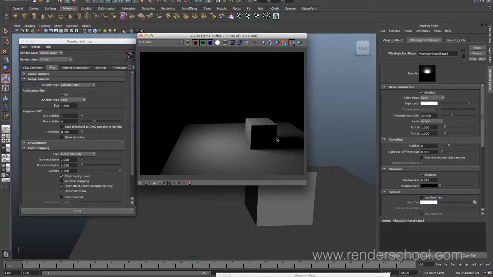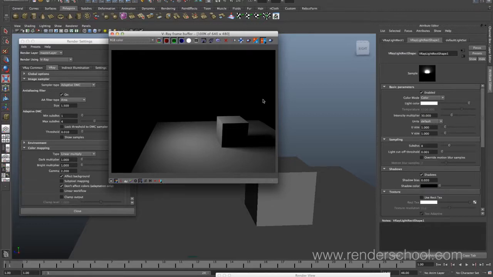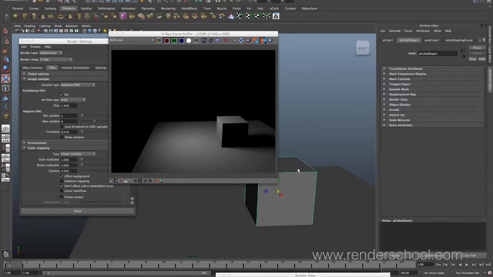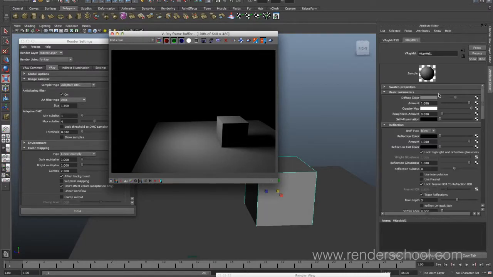If you just want to really quickly render something, by all means hit this button and you'll be good to go. But if you want to do it in a more traditional manner where you have control over what you're doing, please follow along for the next couple of minutes and I will show you how that's done. Now let's start out by giving this guy a new material, and if we render it,